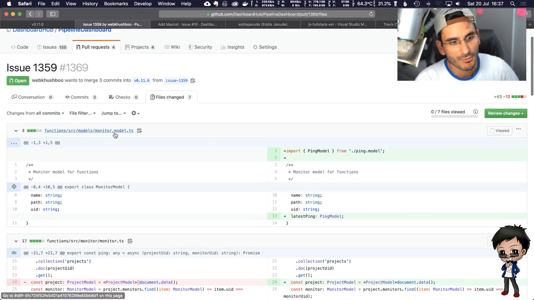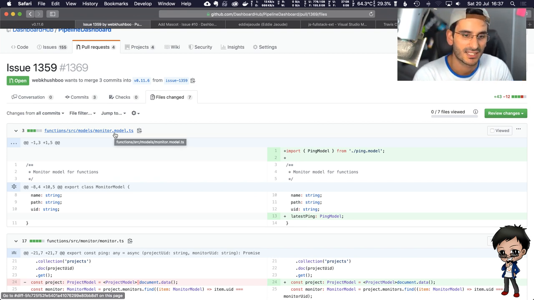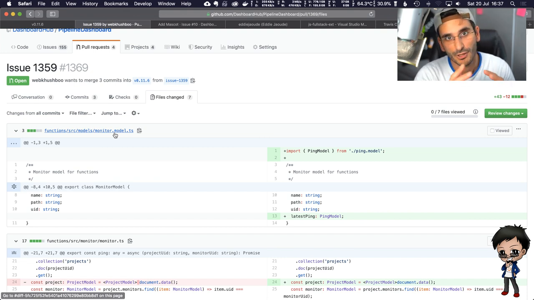So we've got a monitor model. A monitor is something someone can create to monitor their website. If you've got a website on Heroku or Netlify or DigitalOcean, you can have Dashboard Hub monitor your site every 60 minutes, which we're working on at the moment. It's not complete. So we will automate it every 60 minutes, but if you want something to happen right now, you can